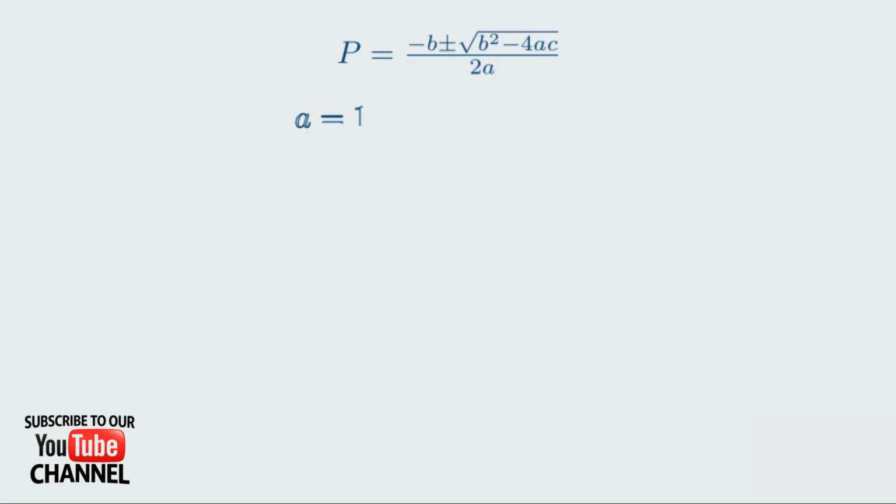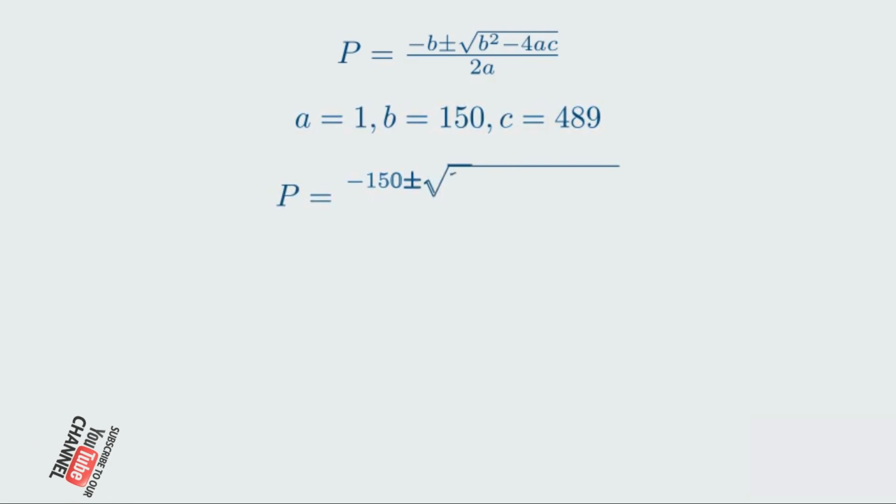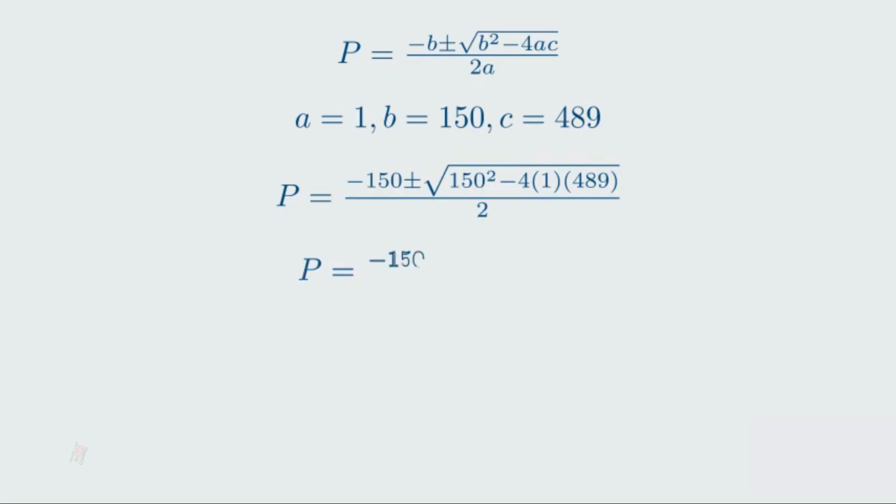In our equation, a is 1, b is 150, and c is 489. Plugging these values in, we get p equals negative 150, plus or minus the square root of 150 squared, minus 4 times 1 times 489, all over 2 times 1. Let's calculate inside the square root. 150 squared is 22,500. 4 times 489 is 1956. So we have 22,500 minus 1956. This gives us the square root of